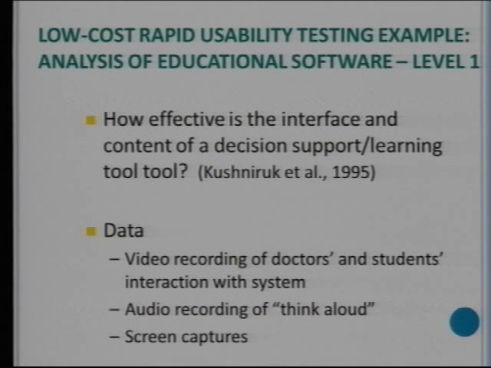So the very first one that we published was in 1995, and it was for a CD that was going to be given on this little CDI player that would plug into a TV set. I don't know if any of you remember those. And it was going to be sent to doctors with no instructions. So at McGill, we just set up a room and had 4 physicians try it and 4 medical students. And we video recorded their interactions with the system. Back then, you had to use a PC to video converter. It's a lot simpler now with digital movie recording. And we had people think aloud and capture the screens.